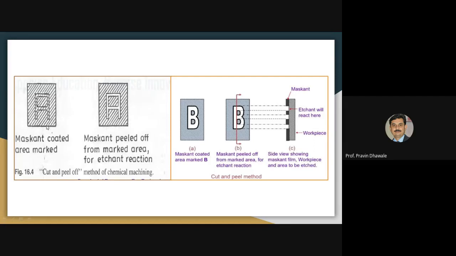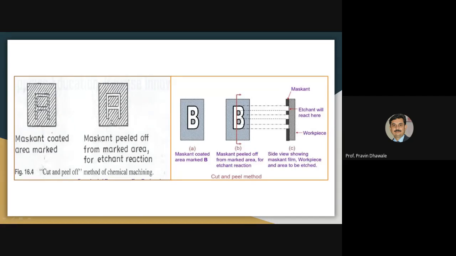This is the total workpiece applied with the maskant. Then this letter A is the area we have to peel off from the maskant, so this area will be exposed to the etchant for the chemical reaction.